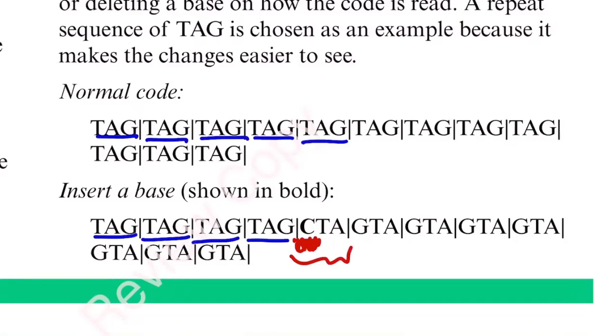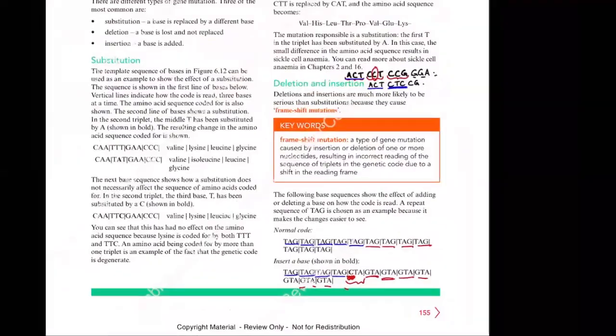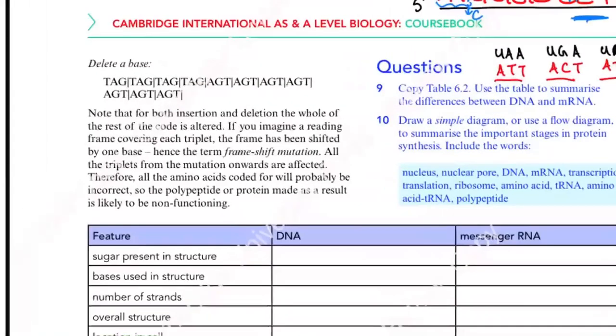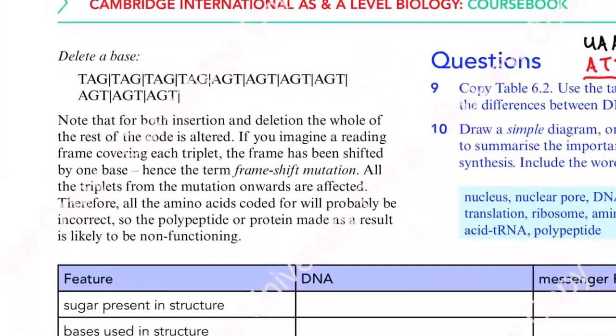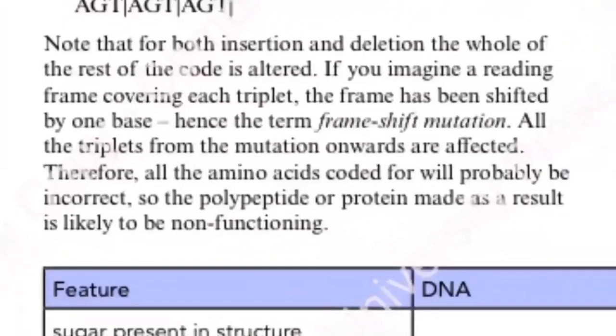When this reading frame was changed, because of this, it exerted a domino effect, and you can see TAG, TAG, TAG, TAG has been changed to GTA, GTA, GTA, and GTA, and so on. So you can see that just by the insertion of one base, the entire reading frame of the DNA has been changed. Another example, deleting a base. So even if you delete a base, then also the reading frame is changed, and such kind of mutations in which there is an insertion